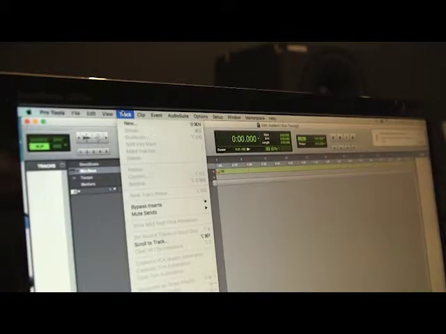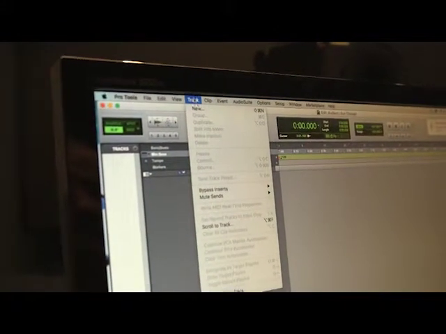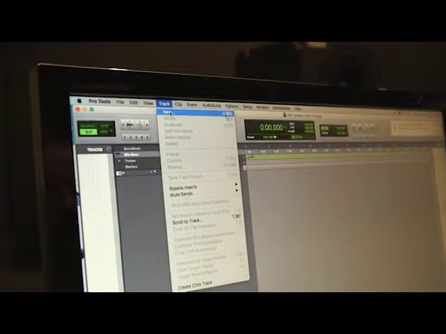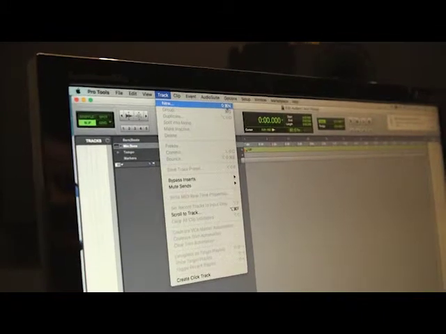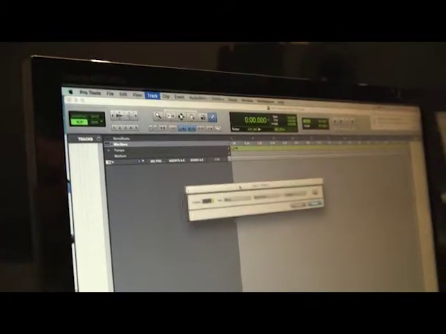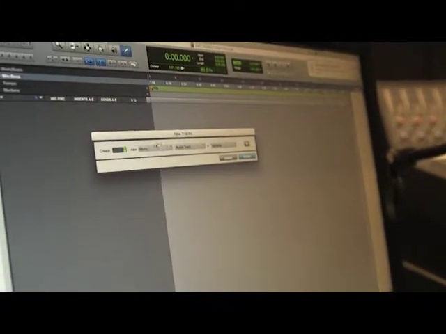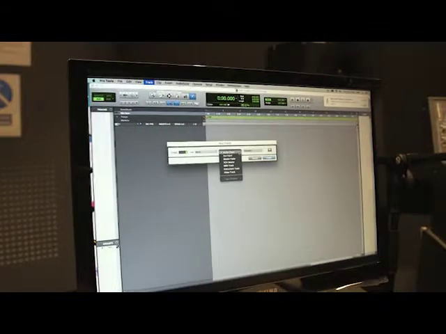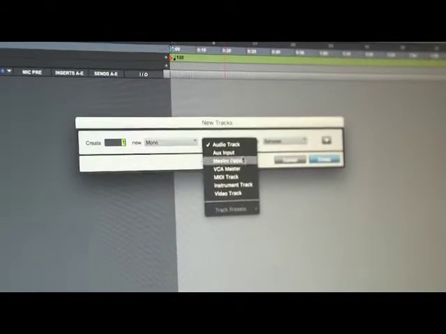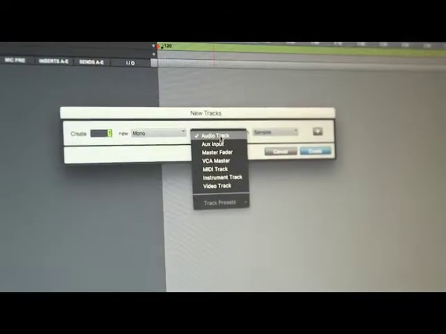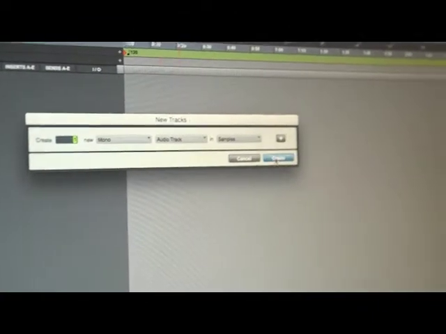So when creating tracks, we're going to go up to the track in the taskbar, and we're going to go to new. A cool thing for that is Shift-Command-N, so you can remember that. And if we have one microphone, we're obviously going to need one track. It's going to have to be mono, and we need an audio track, which is what we record audio to. We can run through later what these mean, but for now, what you need is audio track. I'm going to click Create,